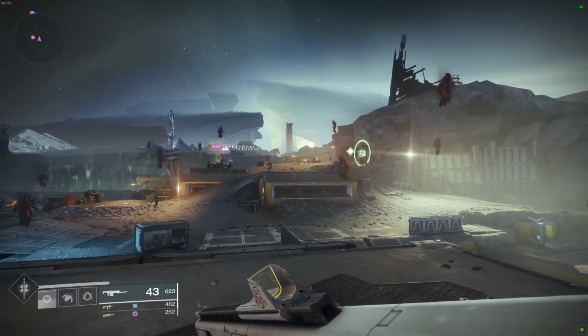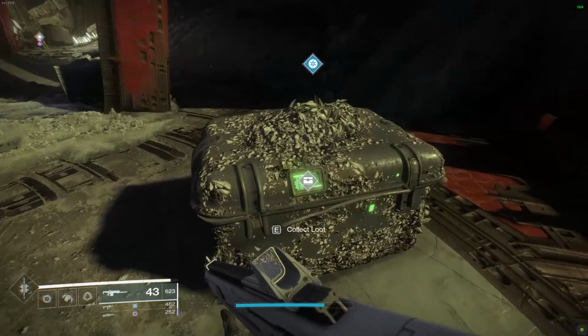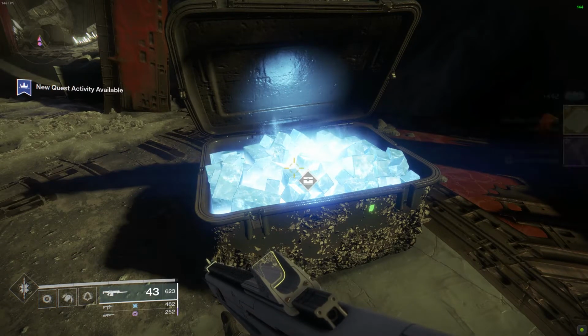Once you do that, you return back to Eris Morn after doing the objectives it tells you to do, and then there will be a chest next to Eris Morn. You follow along through the dialogue, and once she's finished talking, you turn to the chest and you will be able to open it, and you will receive the first step for the actual exotic quest itself,